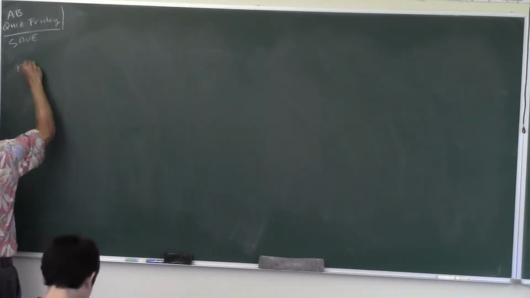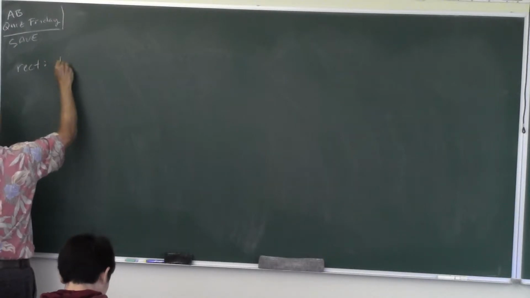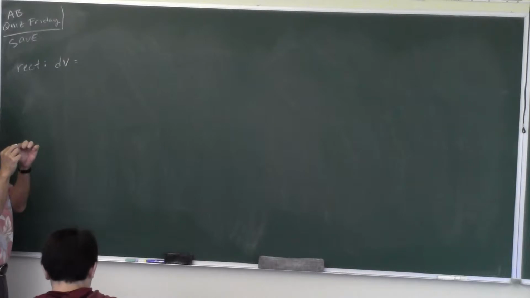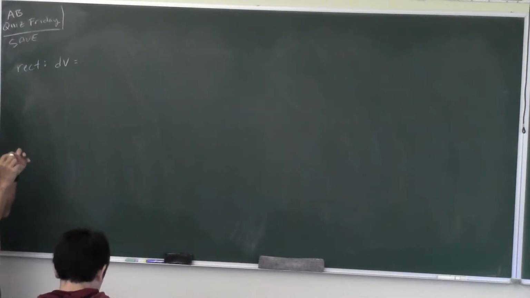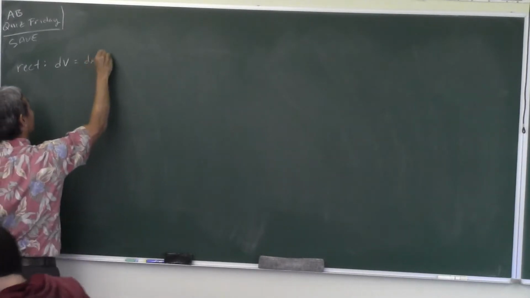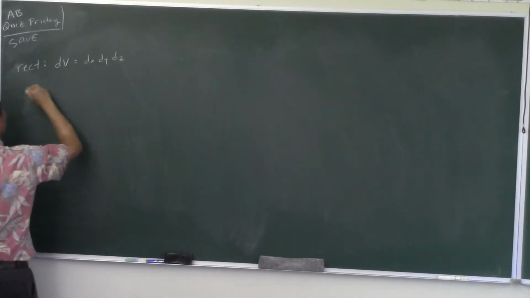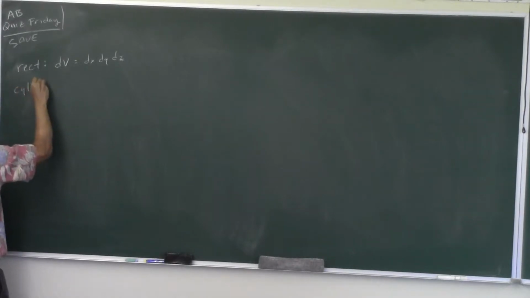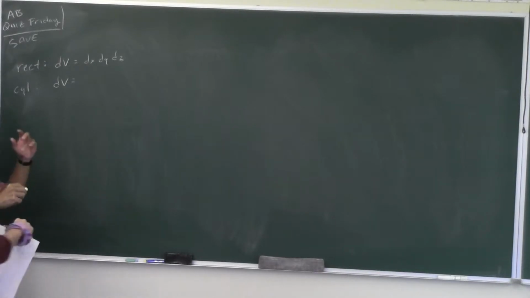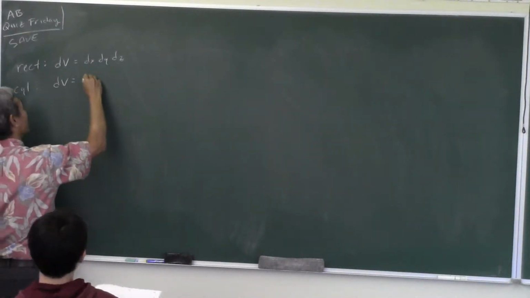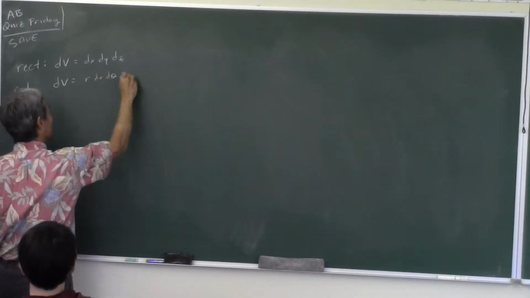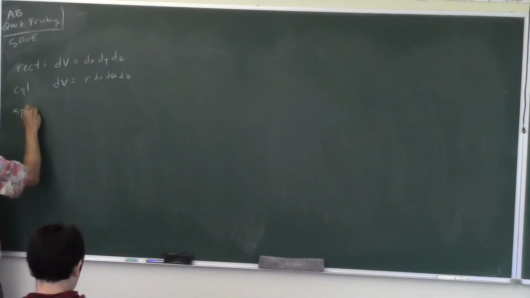Okay, so let's review what we've done so far. In the rectangular coordinate system, how do you find the volume of the infinitesimally small cube? You have to do dx dy dz. In the cylindrical coordinate system, what was the infinitesimally small piece that we're gonna add up? r dr d theta dz. And now in the spherical coordinate system,